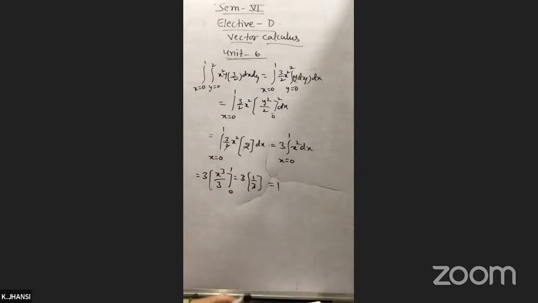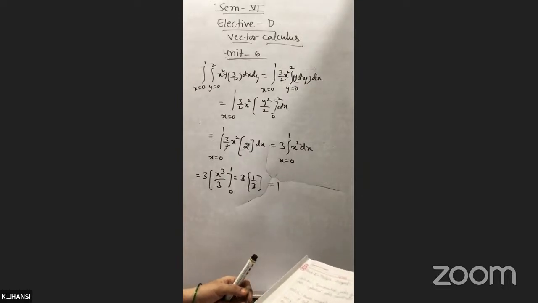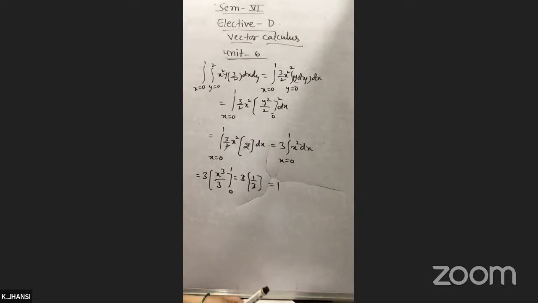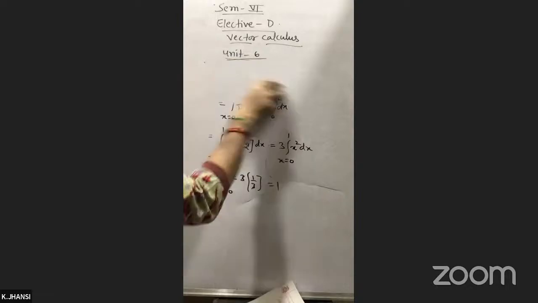So by this we complete the unit 6. So by unit 6 we complete the block 2 here. So next we'll have the block 3. Block 3 is vector integration. Okay. So last problem in unit 6 is